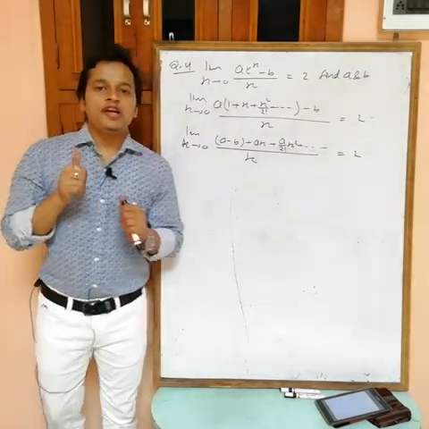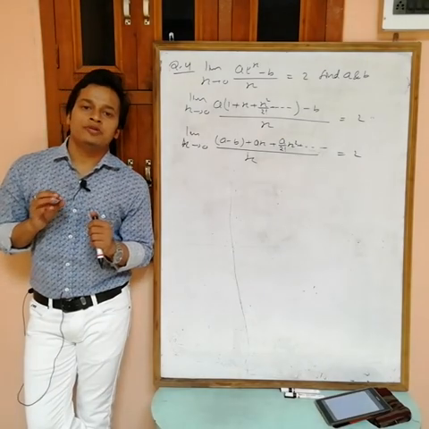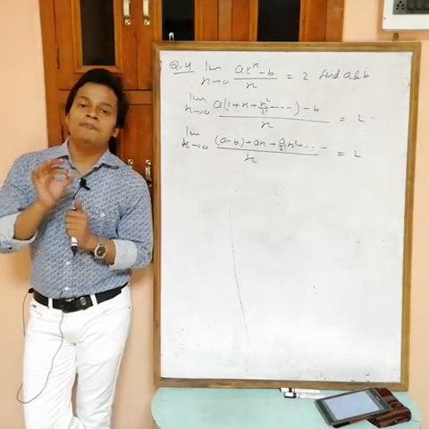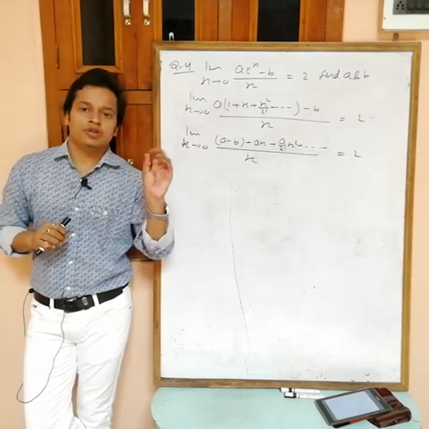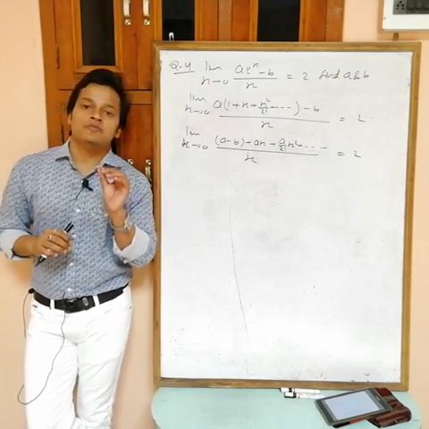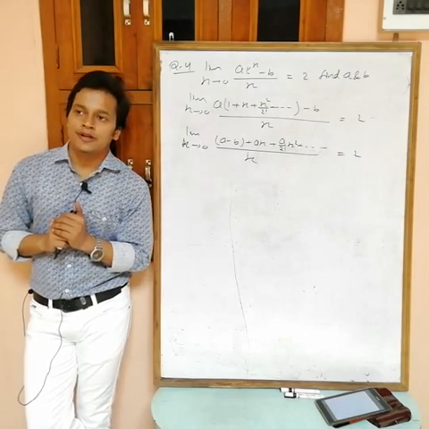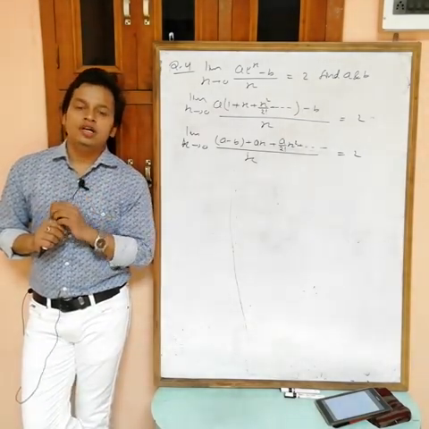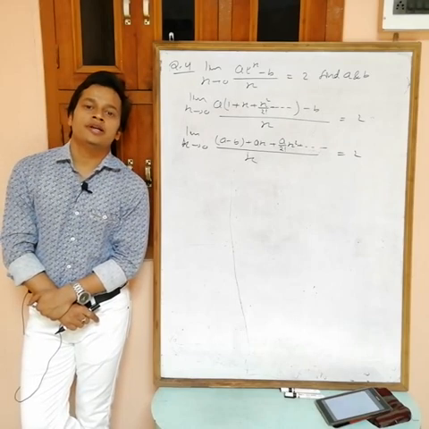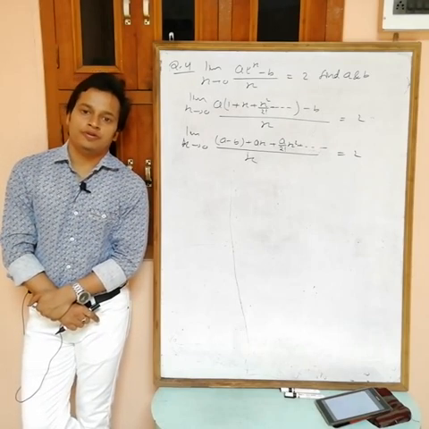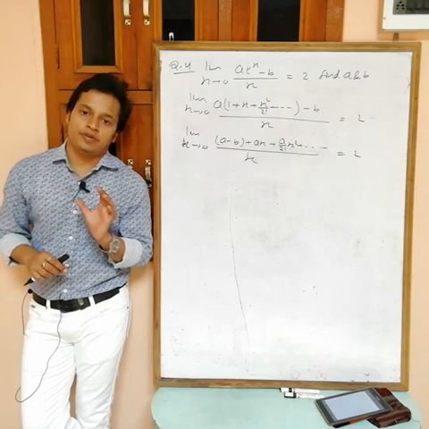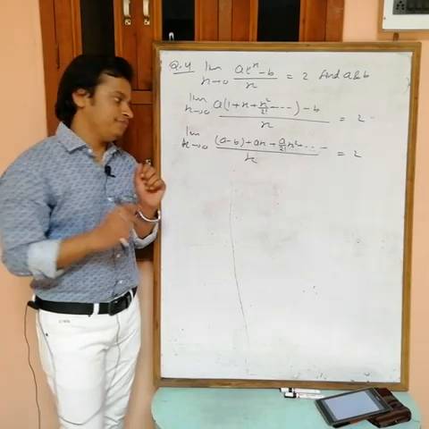Now see, if numerator and denominator both have terms of x and the limit of x is tending to 0, and the value of the limit is a non-zero finite value, then the minimum power of x must be the same in numerator and denominator. Okay, see what I am saying. How? See,